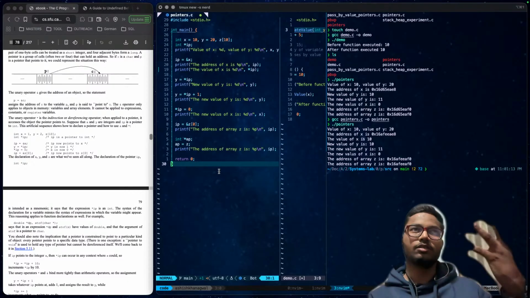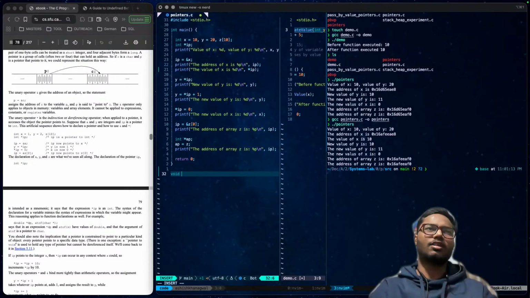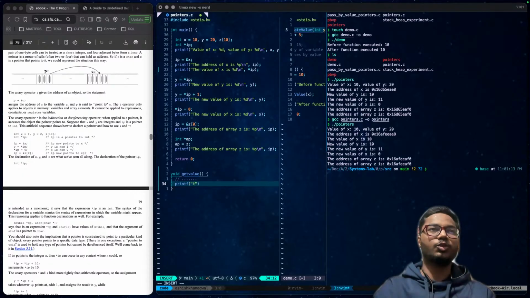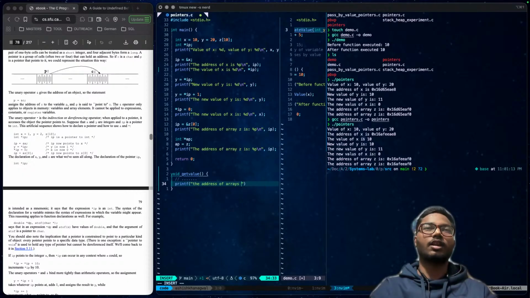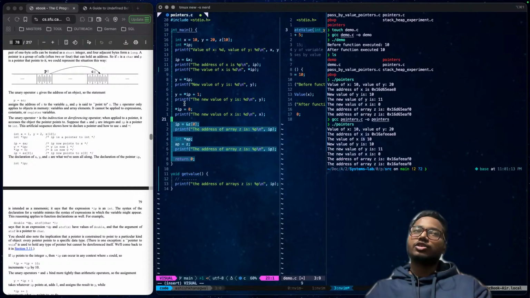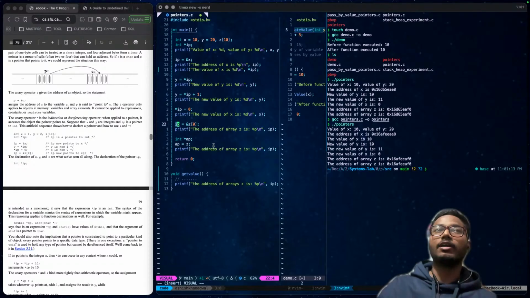And if you try to make a different function, let's say get value, whatever, and try to get all this value, like the address of array z, now this function has returned, so this pointer ip has become a dangling pointer.